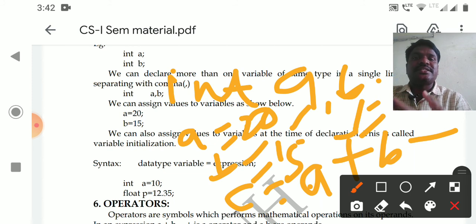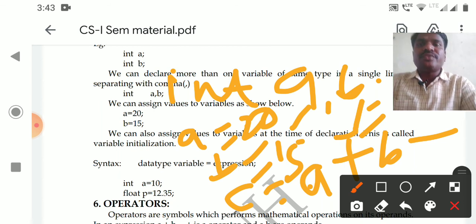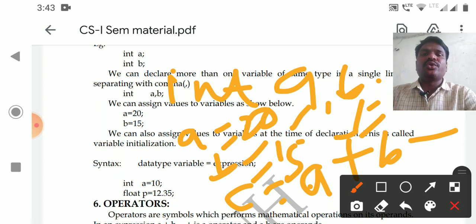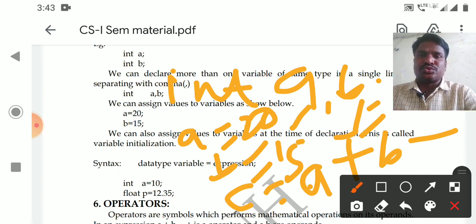So what are the various symbols that can be used in the C language to write a program? So those symbols are called operators. We will discuss the operators in the next topic. So in the next video, we will discuss the operators. So once we know the operators, we are ready to start the program. ఒక ప్రోగ్రామింగ్ అనేది ఎలా రాయాలో నేర్చుకోవచ్చు. సో రేపటి క్లాస్లో, నెక్స్ట్ క్లాస్లో ఆపరేటర్స్ గురించి నేర్చుకొని దెన్ యూ విల్ గో ఫర్ ద ప్రోగ్రామింగ్ కాన్సెప్ట్, హౌ టు రైట్